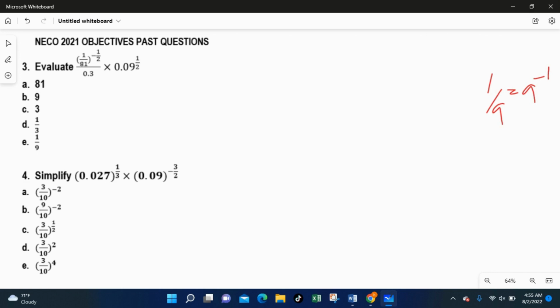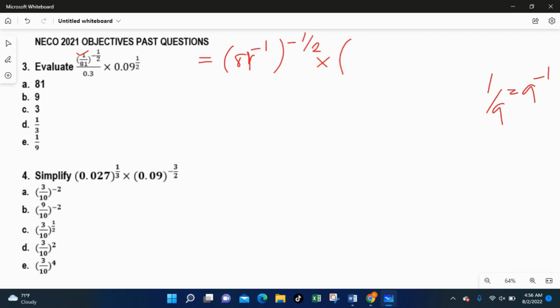So if we apply that to this value, our solution will now be 81 raised to power minus 1, all in brackets, raised to minus 1 over 2,